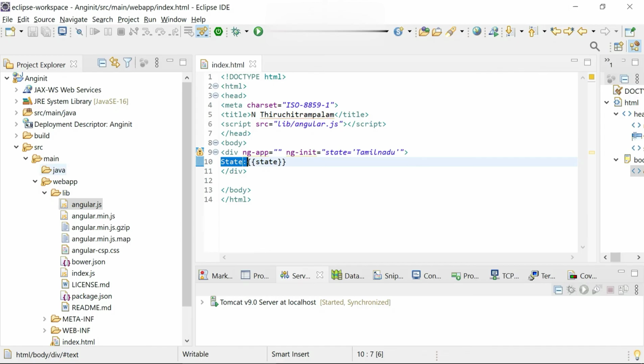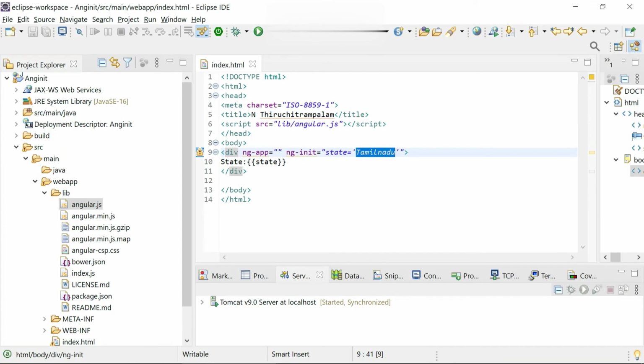Then within the curly braces we have given the variable name, I mean the property name, state. That got converted into its value. The state property value is Tamil Nadu, right?